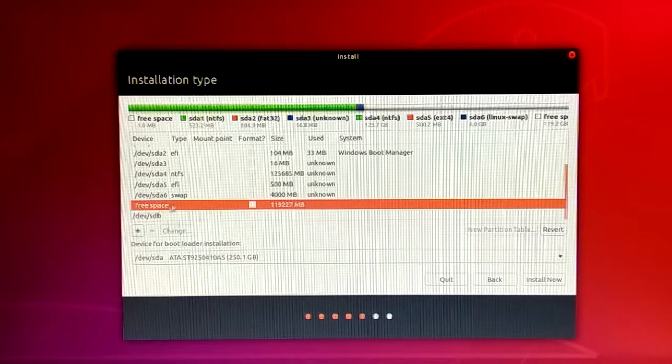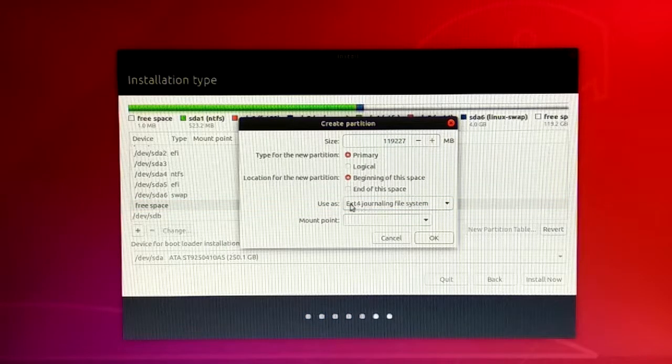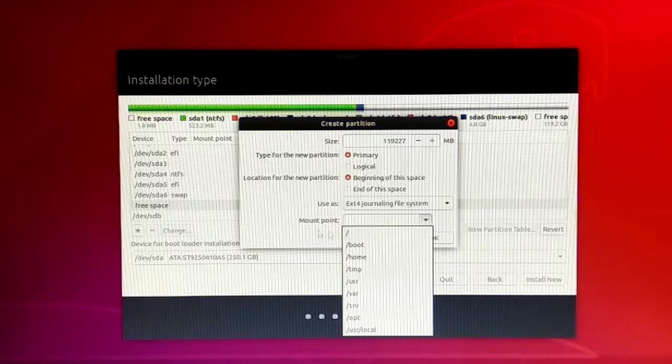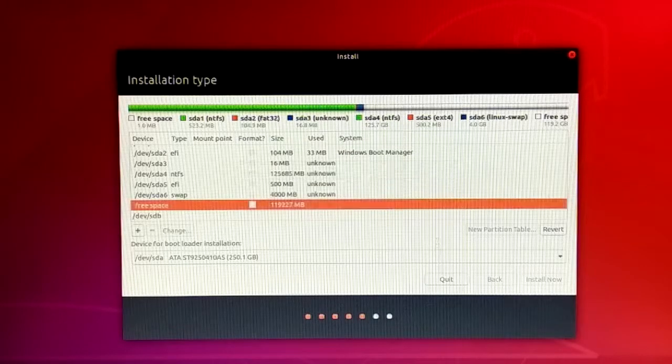Then after I'm again going to select this free space, and now this time I'm going to use the ext4 journal file system, and I'm going to set the mount point as this, that is slash. So this / indicates the root directory. So in this all the Linux files, all the Ubuntu files are going to be installed. So I have specified all the remaining space that I have, and I'm going to click on OK, and that's